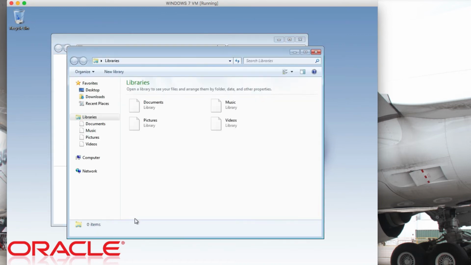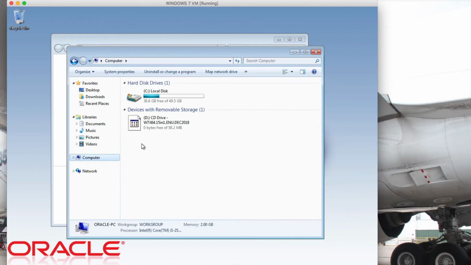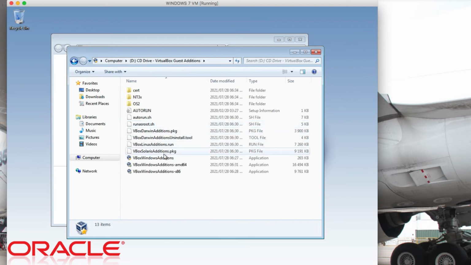Then you open Windows Explorer, and once you've opened it, you click on Computer. Then you right click on the CD drive, click on Open, and then click on VBoxWindowsAdditions-AMD64. That's if you've installed Windows 7 using the 64-bit ISO image file. Once you click on that, it will then attempt